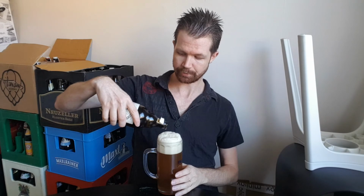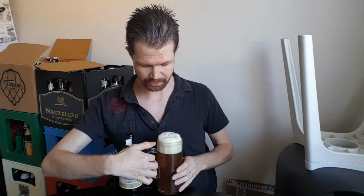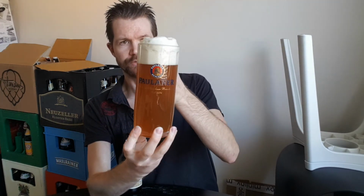You saw that I did swirl the bottle since there's yeast in the beer, so to make that become a part of the beer again, that's the way to do it. And this is the way a German beer should look, with nice big white compact foam head, rises up far above the edge of the glass. And yeah, this is looking really, really nice in my opinion. Whatever this is gonna be, really look forward to this one, and I've been looking forward to try it a long time also. And you see the nice 2-finger compact white foam head that doesn't